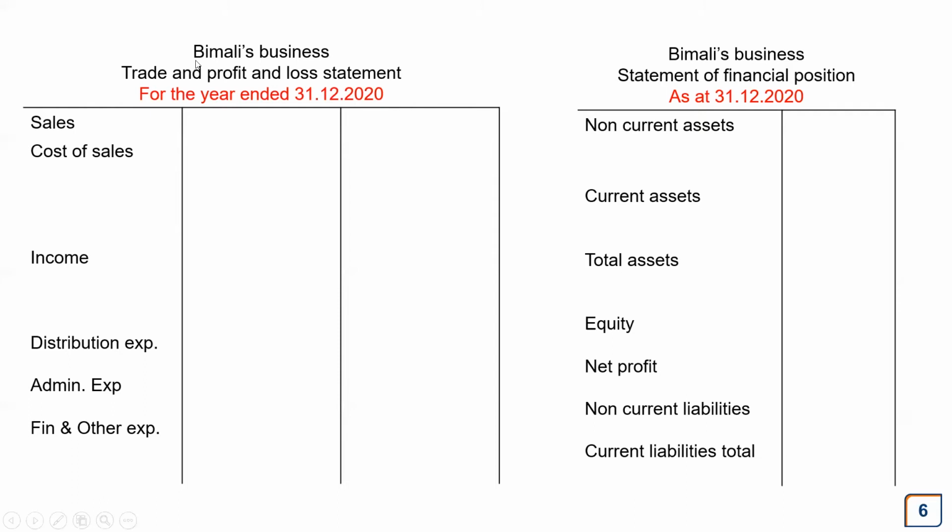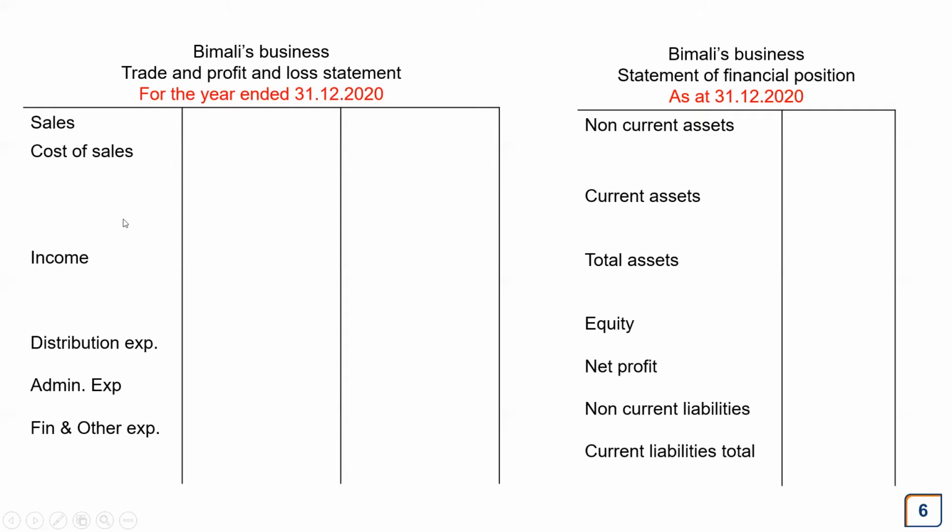Whenever a business or an activity is given, you write the business name, the trading and profit and loss account, and the particular date. Right? Similar for the statement of financial position. In your exam, you have to make a similar format and also leave an ample amount of space. Why I'm saying so is because there can be just one value for sales, but leave one line in case you have another one or any error.